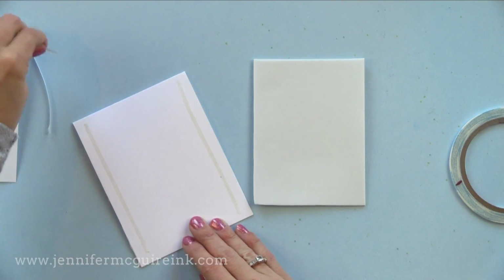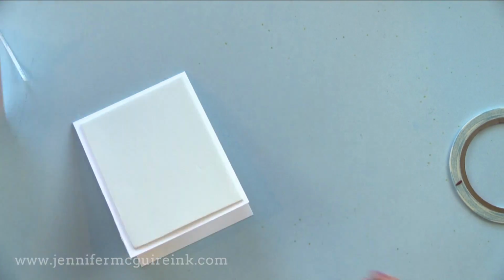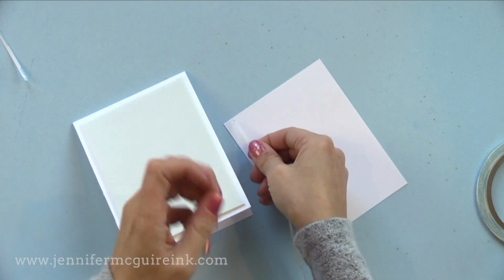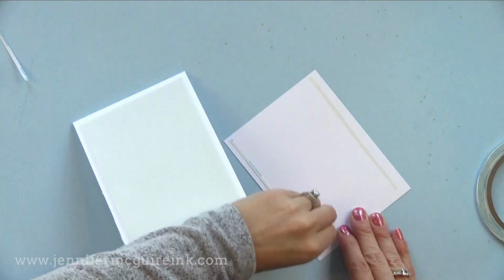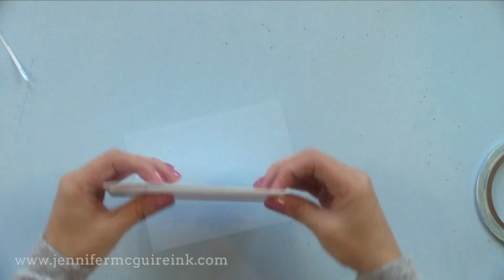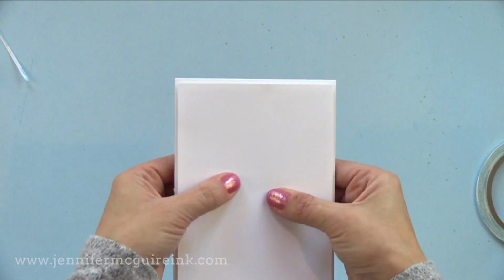So say this is a card that I have here, a top folding card. I use some strong double-sided tape and add a piece of craft foam, and then I glue on top of it my front to the card, like whatever I've stamped on. The reason I use craft foam pieces here instead of a foam tape is that it holds up in the mail much better. You don't end up getting crushed in the mail because it has a solid piece behind that